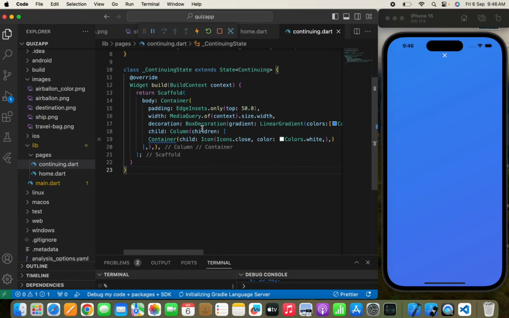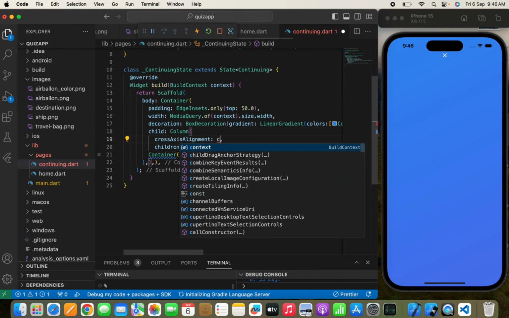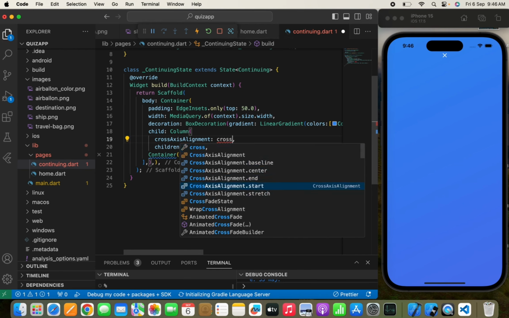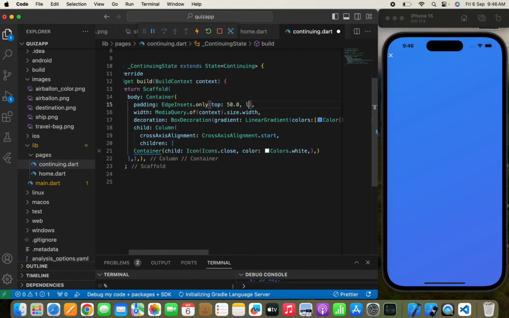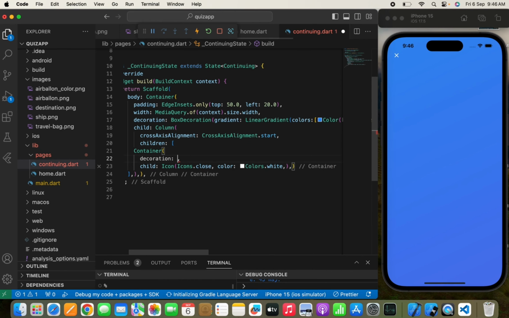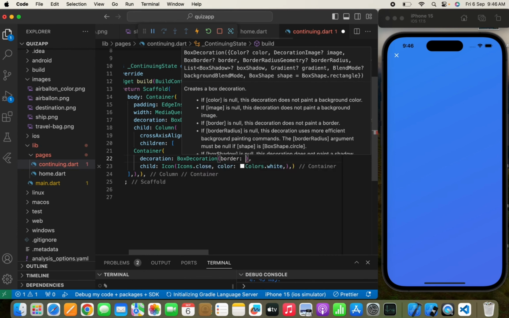Now we can use cross axis alignment dot start and let's pass some padding 10.0 and 20. And we can pass decoration box decoration. Now we can pass a border which will be border dot all,